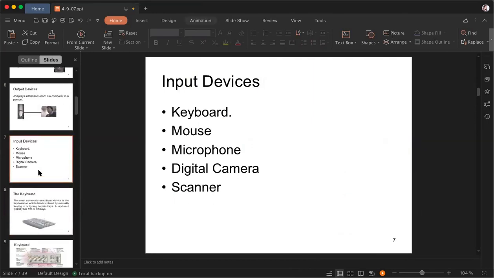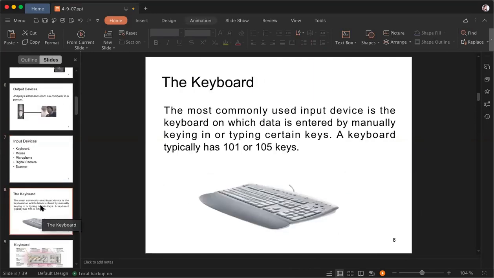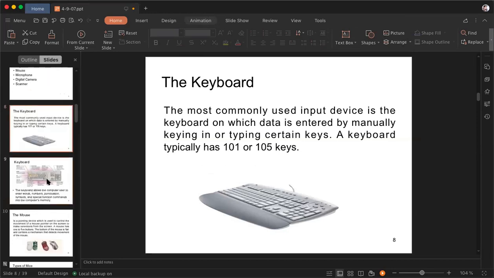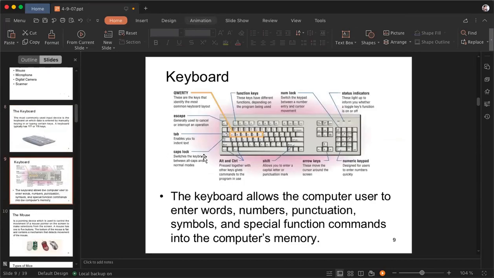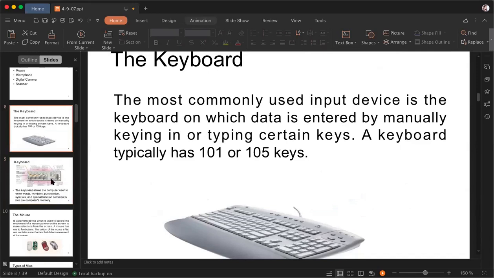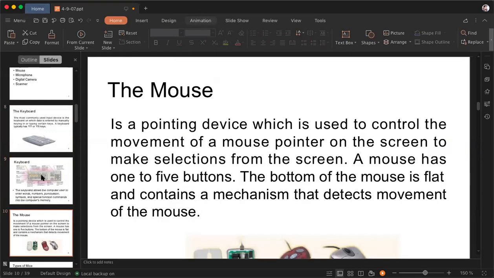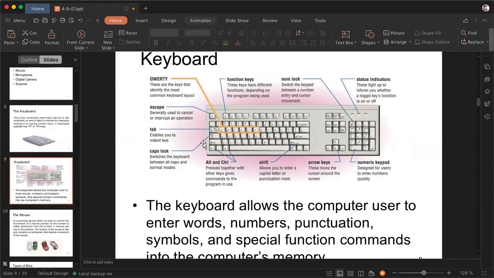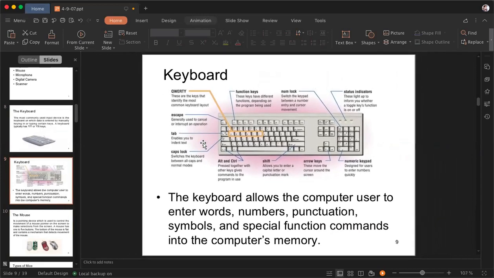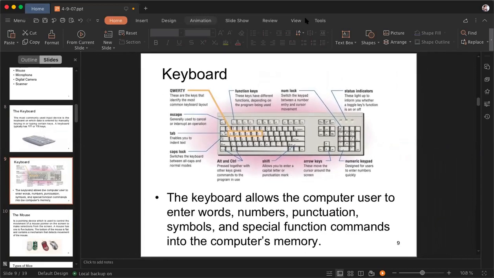So I think in the last session itself, we discussed the keyboards as well. Usually a keyboard consists of at least 101 to 105 keys. The standard keyboard I'm talking about right now. Okay, and the basic features of the keyboard, I think everyone knows. Usually we use QWERTY keyboards, and this keyboard allows words, punctuation, numbers, symbols, and special functionalities as well, depending on the type of computer and type of keyboard you are using.